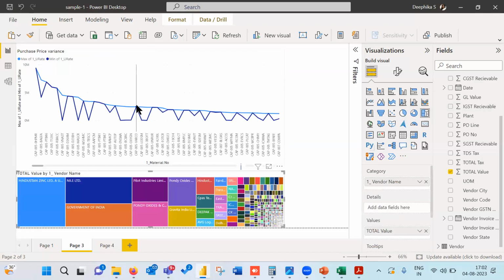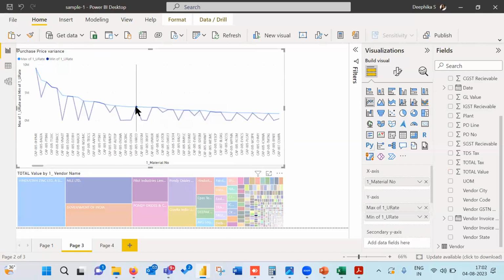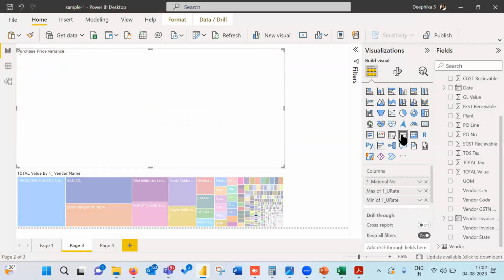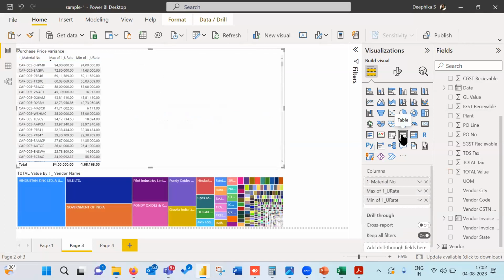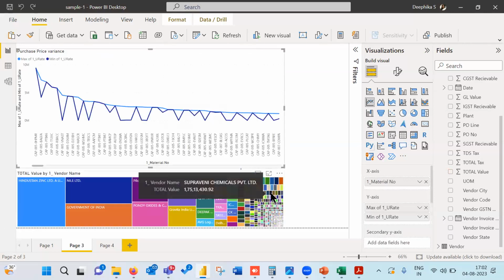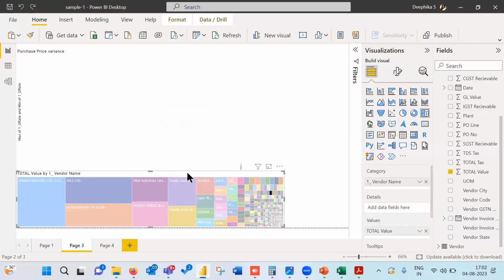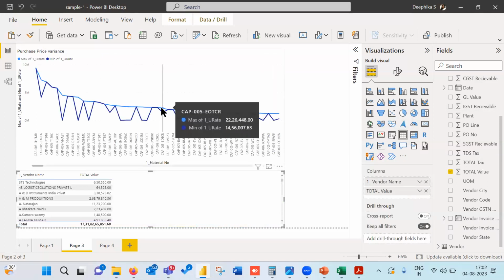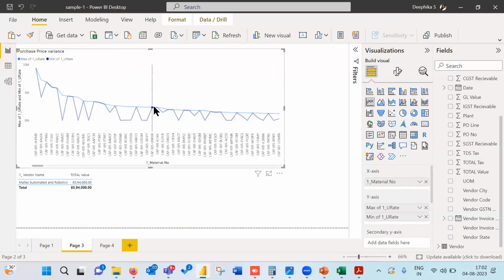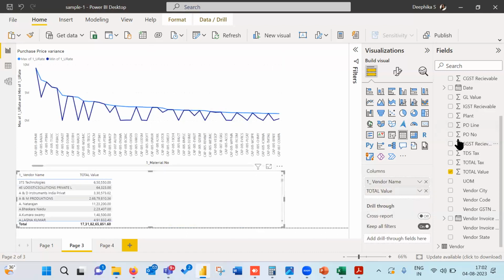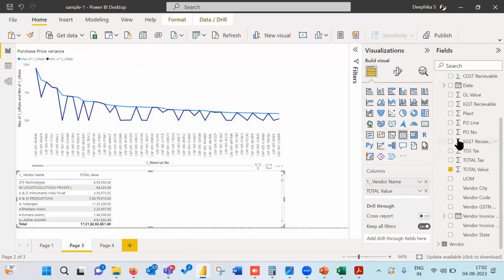Okay, so now let's take this. This minimum, maximum, both are the same. So sometimes for audit purposes, table data is better. I'm saying table data is also required. I'll not say better, it is also required along with visual data. So one we can have table, one we can have visual. See, it's only one vendor. So for this vendor, I can have the entire PO details so that it is more useful.